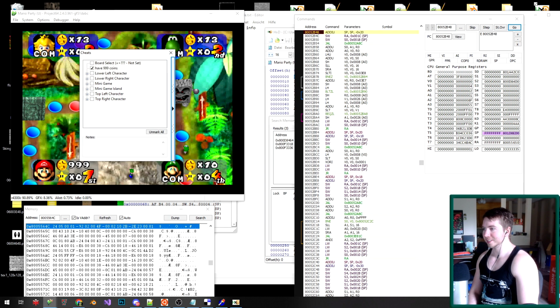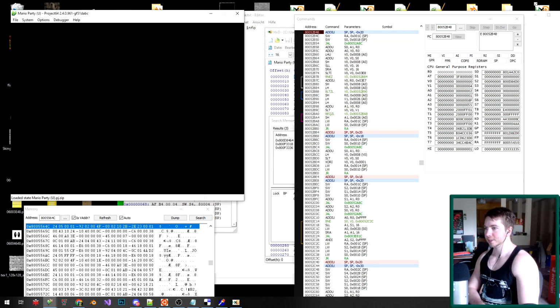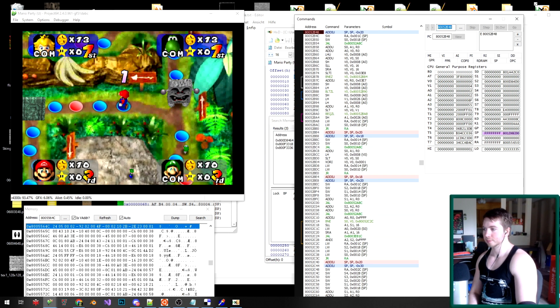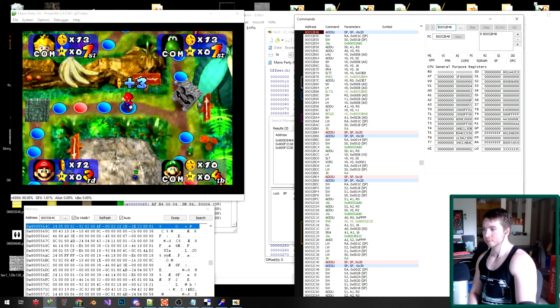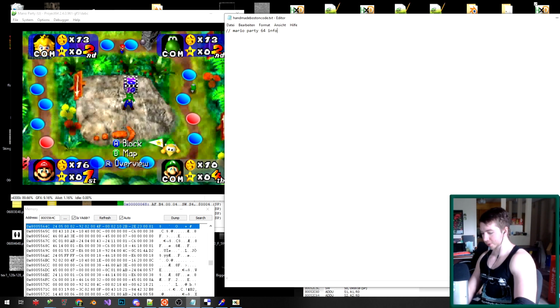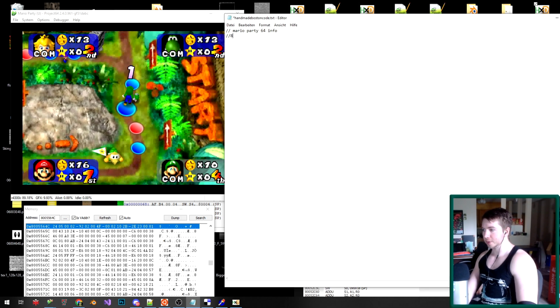Let me just turn the game shark code off. Do that again. Remove this breakpoint. There we go. Blue spaces give double the coins. Let's make that a game shark code as well. Which, you know, this time we only modified a single byte. It would be